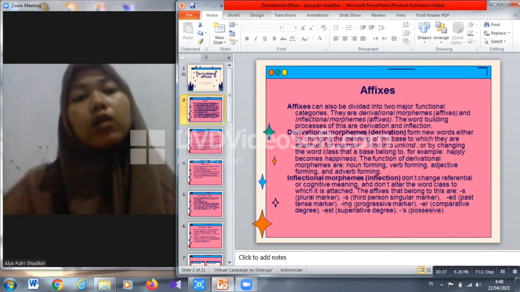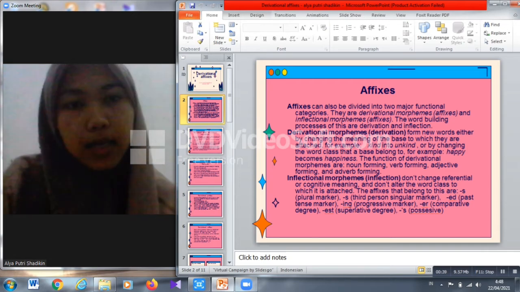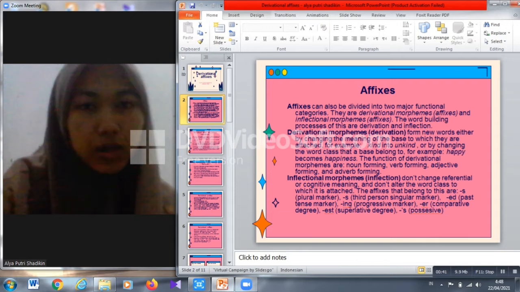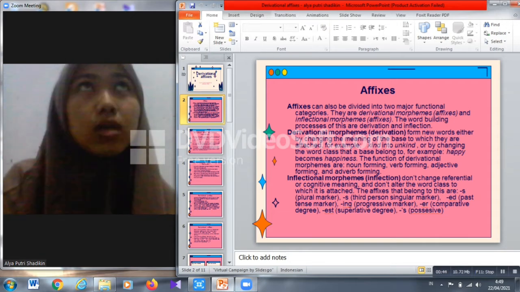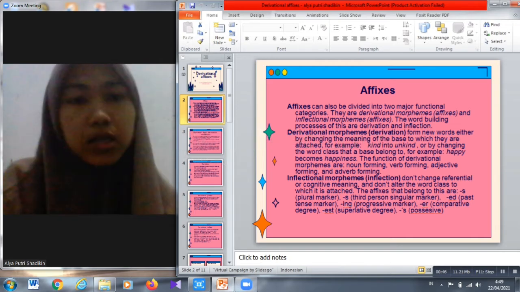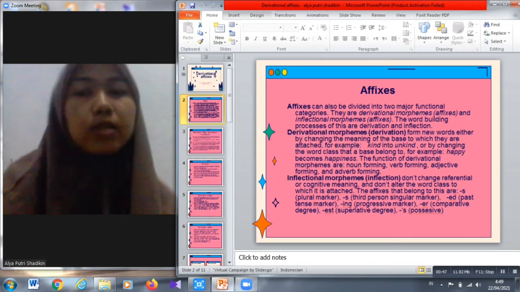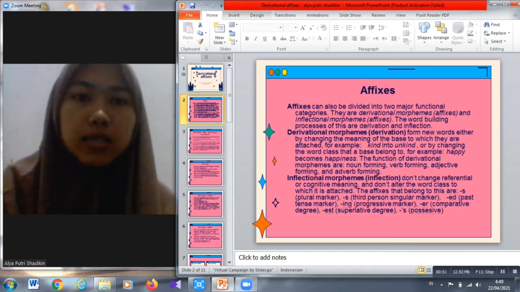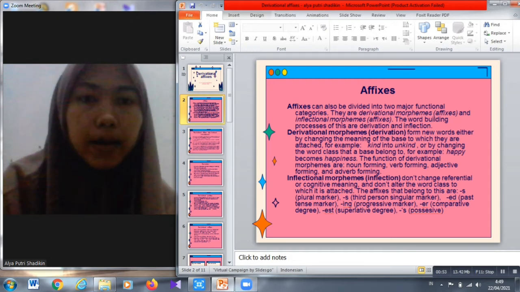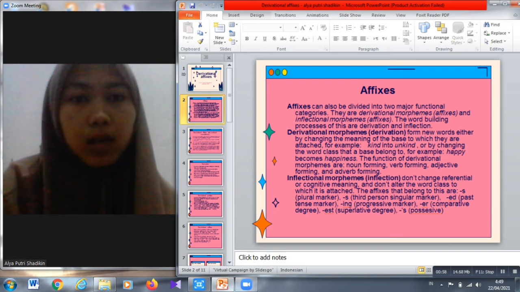Affixes can also be divided into two major functional categories. They are derivational morphemes and inflectional morphemes, or inflectional affixes. The word building processes of this are derivation and inflection. So